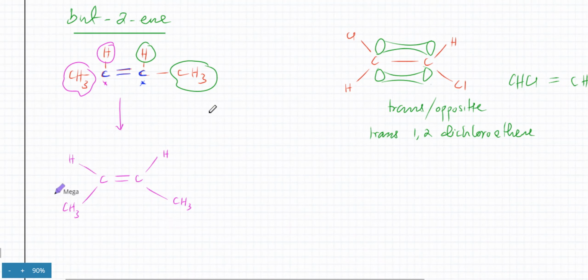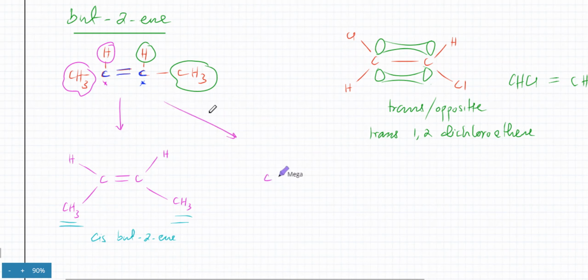Cis. This one is cis because the same type of groups are pointing in the same direction. So this one is cis butene. And there's going to be another version where one of the sides is flipped around. So the other version would be